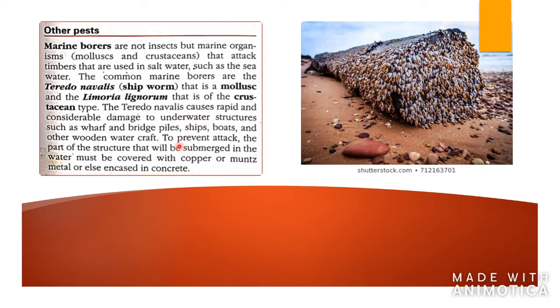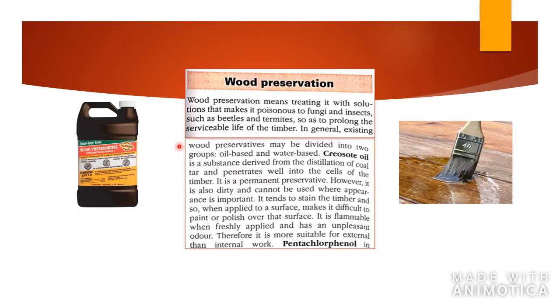So now that you know all the insects that affect the wood and cause it to deteriorate, you need to preserve your wood. And wood preservation means treating the wood with a solution that makes it poisonous to the insects, to the fungus, to the beetles, and to the termites. This is to prolong the life of the timber, the serviceable life of the timber. And these preservatives,